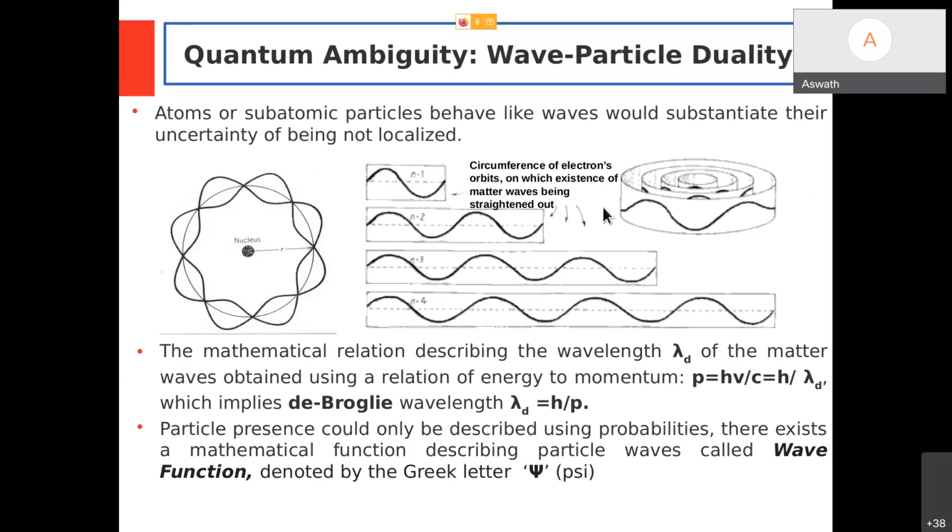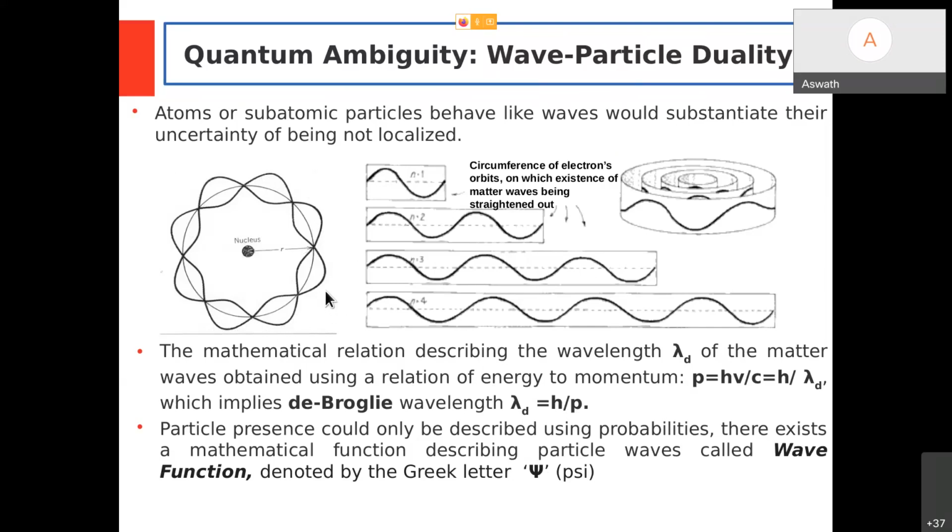The moment I bring in the idea of a wave, obviously a wavelength is there. What is a wavelength? Very simple. It is called the de Broglie wavelength associated with a quantum particle, which is equal to Planck's constant divided by the linear momentum of that particular particle. Okay, fine. So the wave nature would explain why quantum particles are not localized to a particular position. They exist everywhere because they behave like a wave. Waves are the ones which exist everywhere, right?